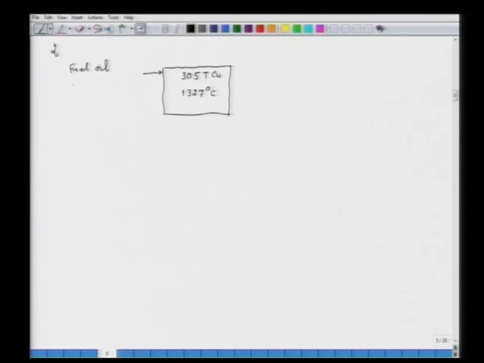Fuel oil composition: carbon 86%, hydrogen 11% and oxygen 3%. It is combusted with 120% dry air, that means 20% excess air as is told in the problem. Now, the products of combustion,